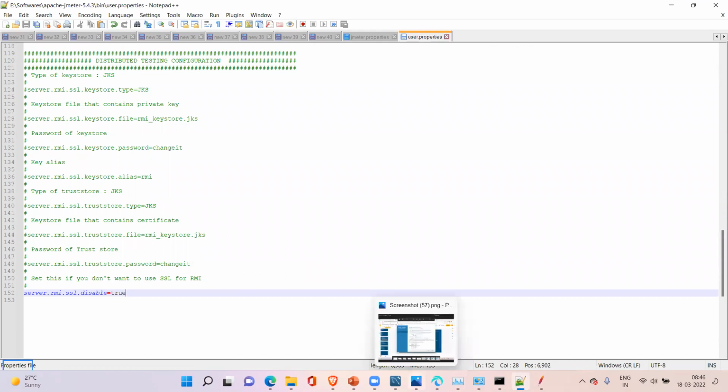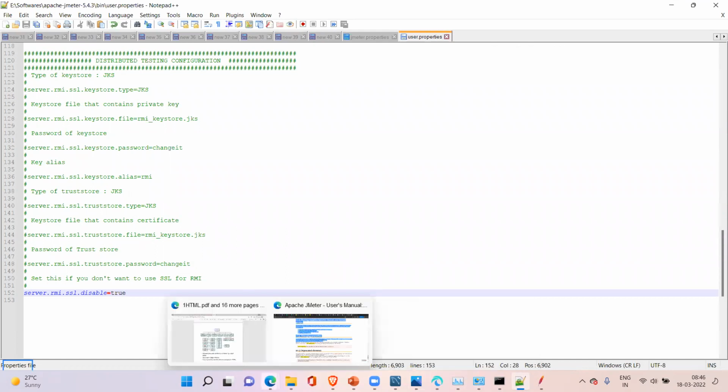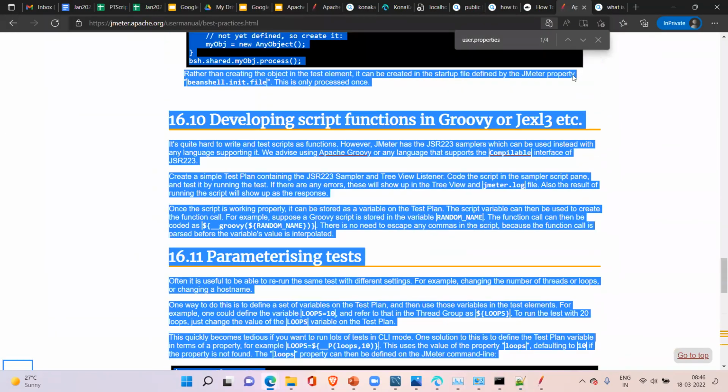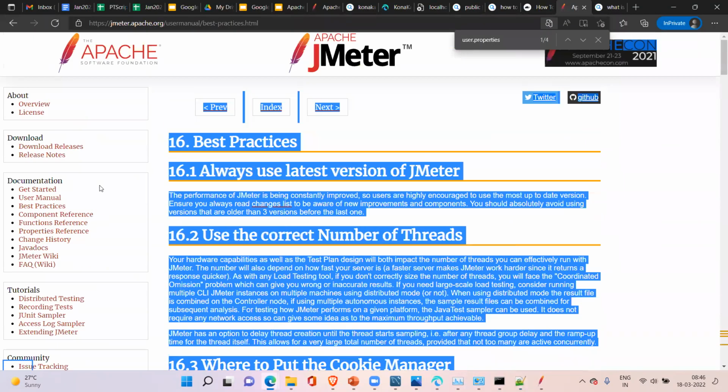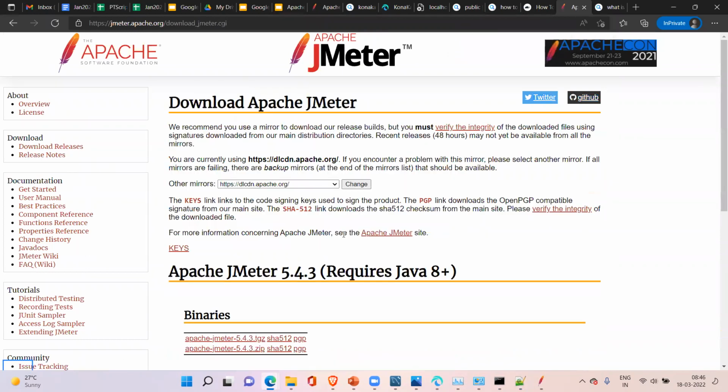Tomorrow, let's suppose, you remember that once in a while, or every month or so, Apache is releasing new versions of JMeter. Yes or no? Suppose after some time they released the 5.4.4 version.